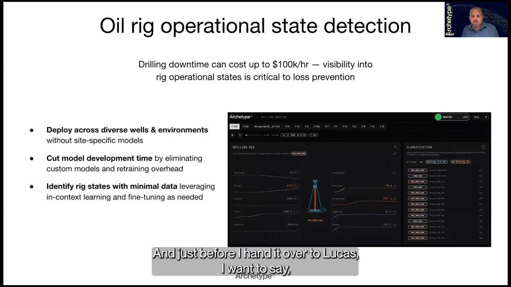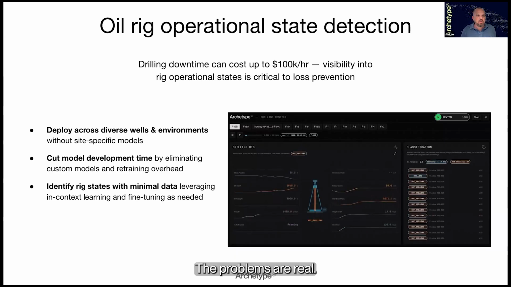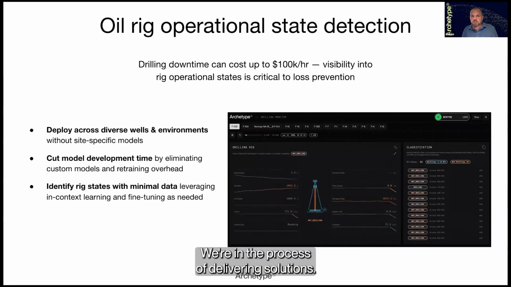And just before I hand it over to Lucas, I want to say this is an area that we're working with a number of clients in this space. The problems are real. We're in the process of delivering solutions.